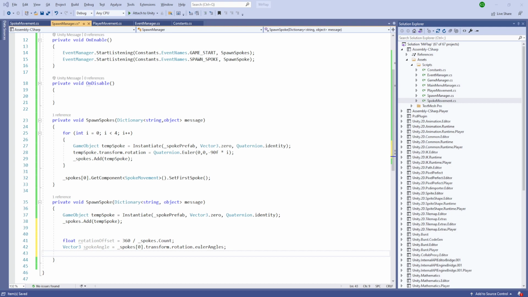So this is our angle, and we'll do a for loop over spokes.count, where we are just going to set spokes of I,